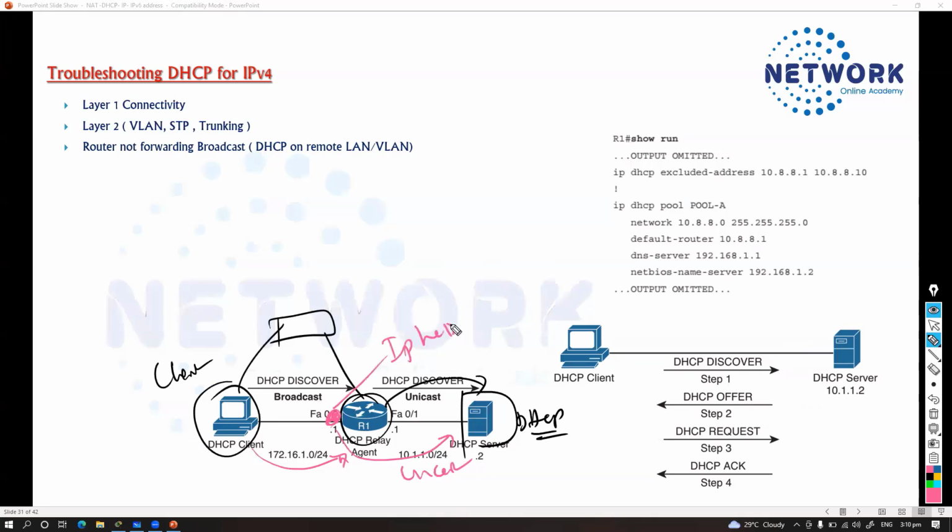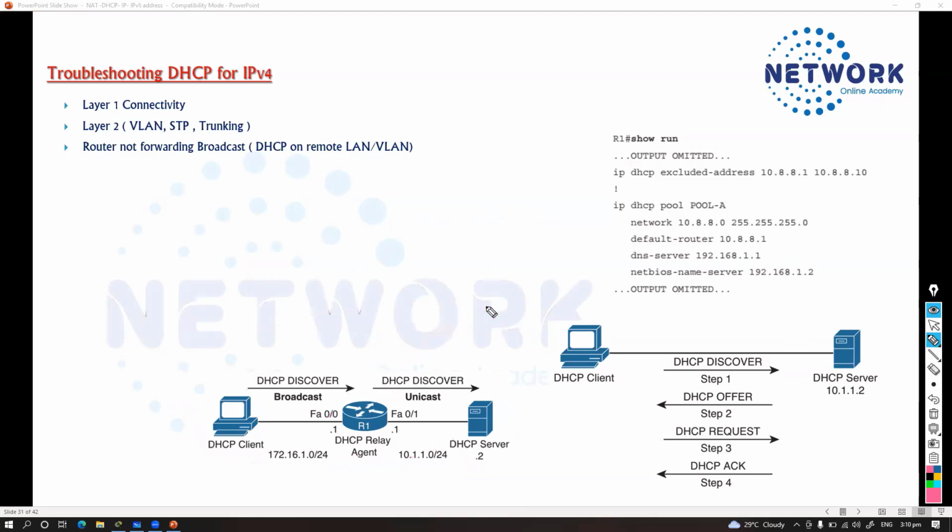So we configure the IP helper address command. That configuration command should be present on the router on the correct interface, and the correct IP address has to be configured. So the other thing we need to check, if they are on a different subnet, is that the router is forwarding the broadcast request, assuming that the DHCP server is on a different network or different